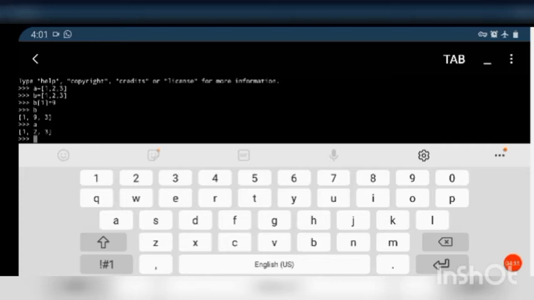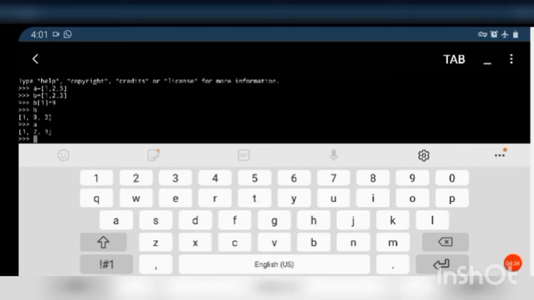But in the previous case, I created a list A, then I created a list B by copying the content of A, that is, B is made to point to the same memory location where A is pointing to.